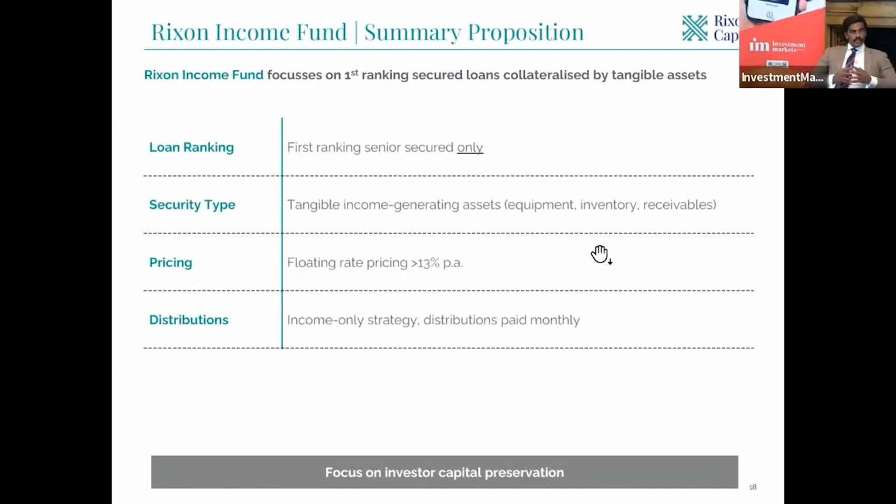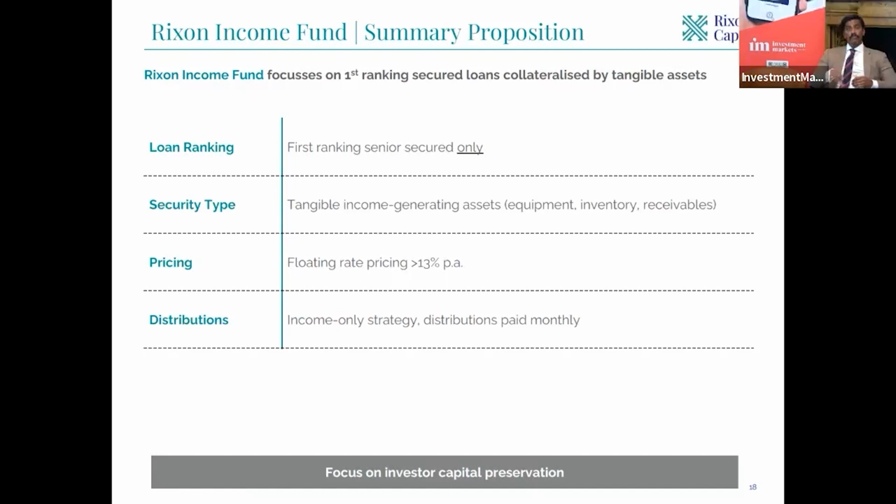So to tell you a little bit about the Rixon Income Fund. We're focused on capital preservation and a regular monthly yield. Our LVRs are rarely above 70%, and we require LVRs on real assets. No valuation reports, no implied equity valuations that can move as the market moves. We require real, tangible assets: receivables, inventory, plant, property, equipment. As a broader strategy, we're not permitted to have exposure to equity or property development.